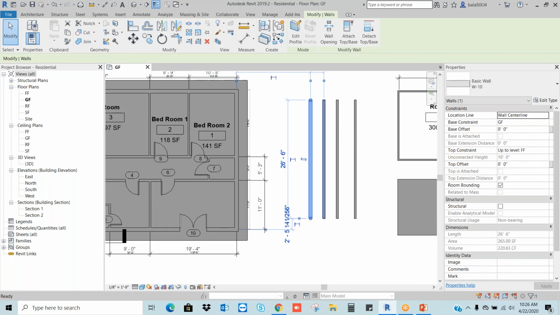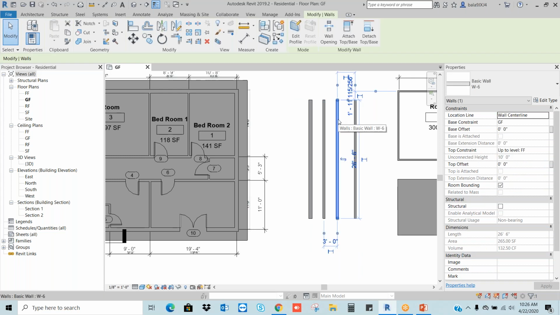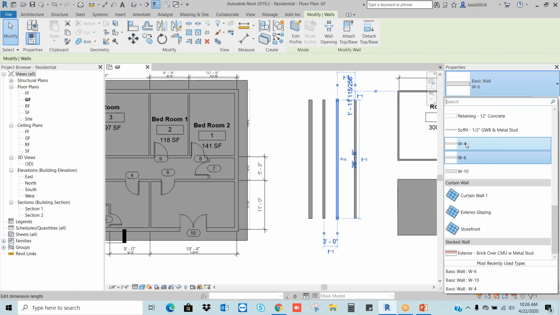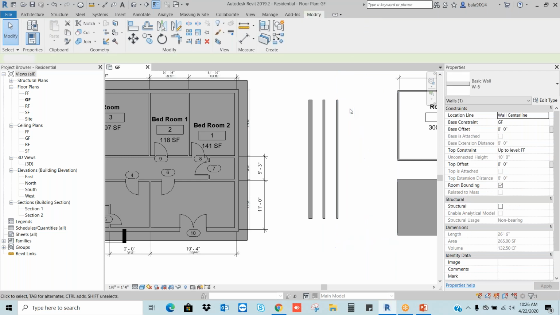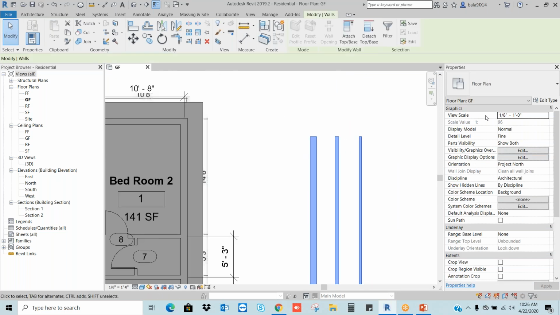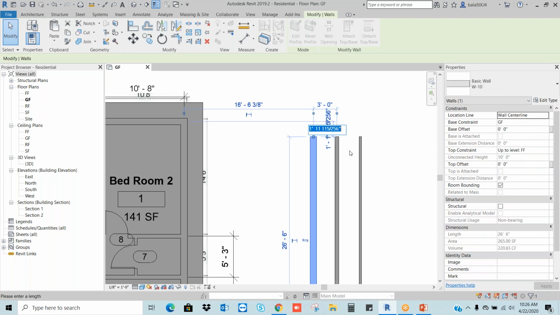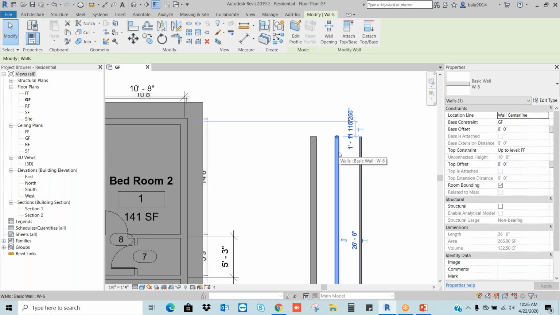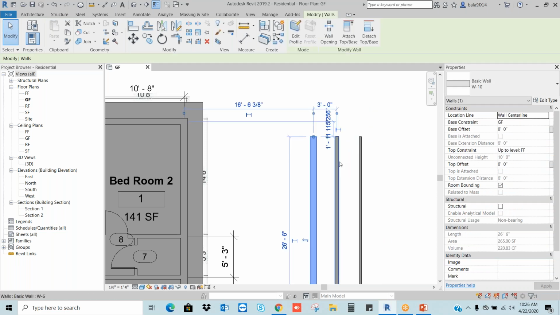This is wall 10, wall 6. I'm changing the wall. So wall is my category. In the wall, I have different sizes. Each size is one type. Each size is one type.